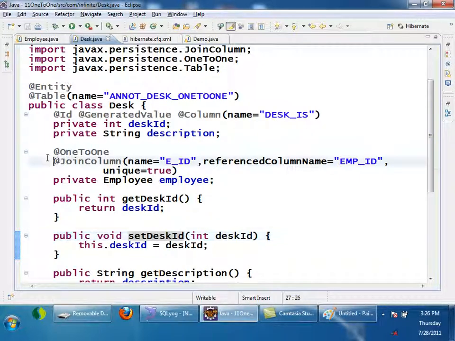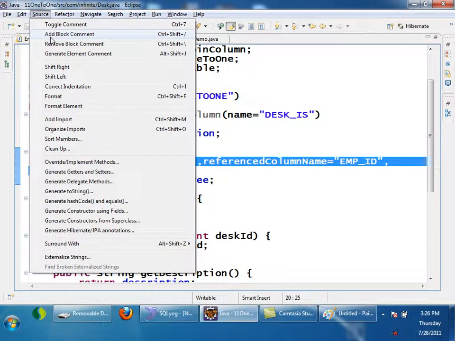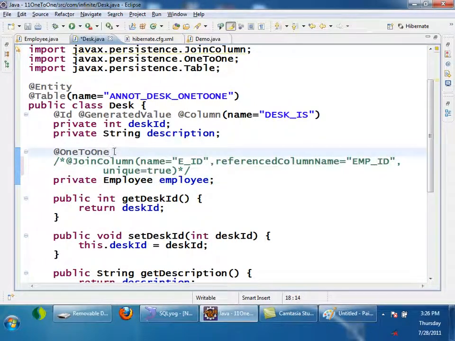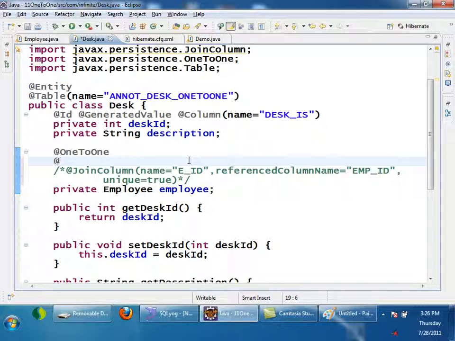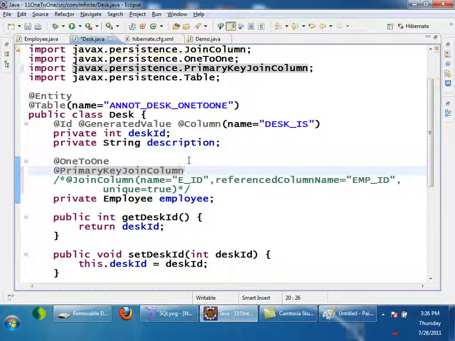I am removing this join column here. Join column represents a separate column, right? Now I am removing this, or I will comment it. Then here I am saying primary key join column, means it is a join column referencing to the primary key of the other side, right?